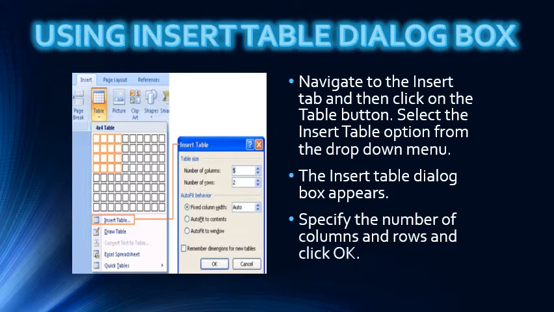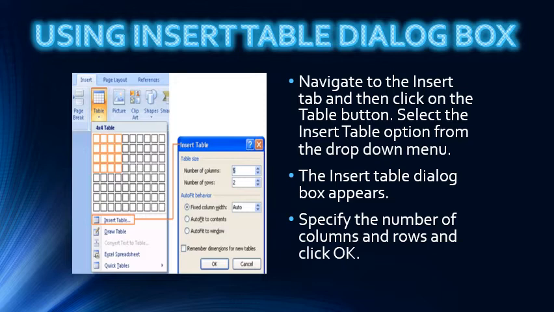Just specify the number of columns and rows, how many columns you want inside your table and how many rows you want inside your table. Just specify them through the keyboard. You can type there and click on OK. A table will appear on your screen.